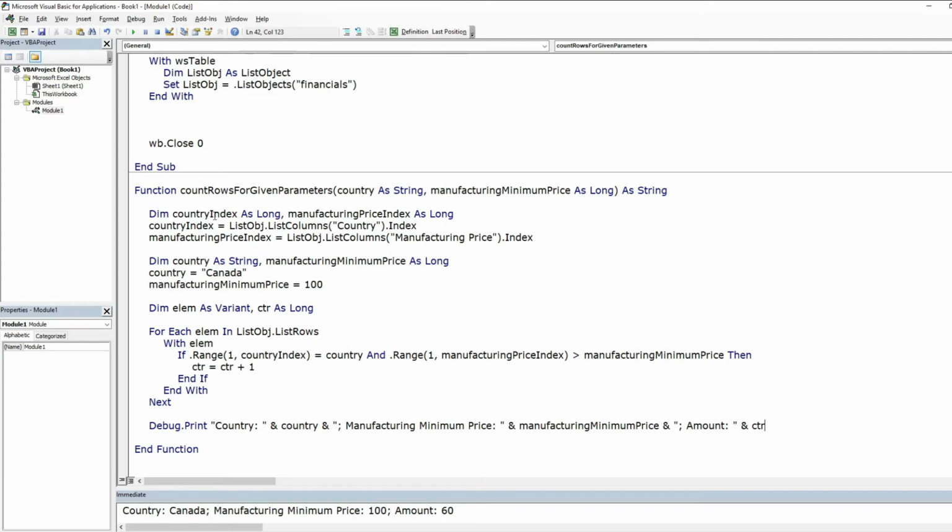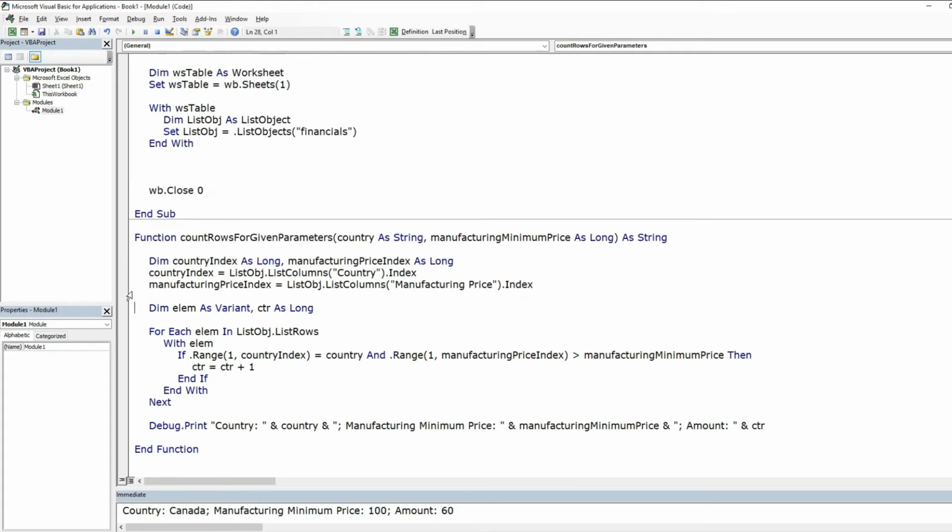Okay, we don't need this because those are parameters of this function. We just need country, manufacturing minimum price, indexes, the same loop with this, and not debug print, but just return this as a function, and here debug print,